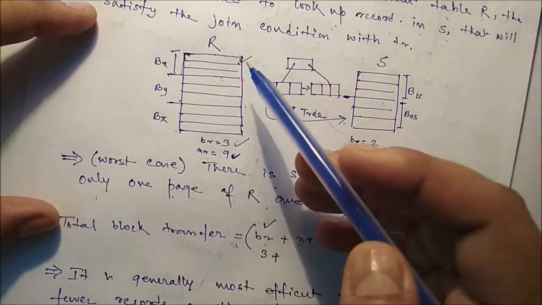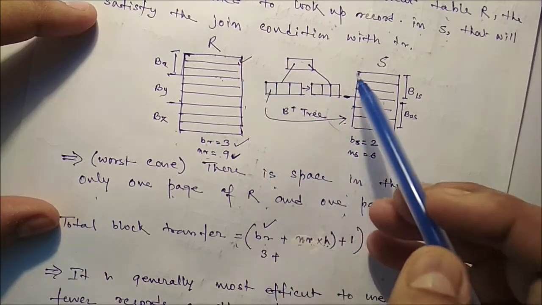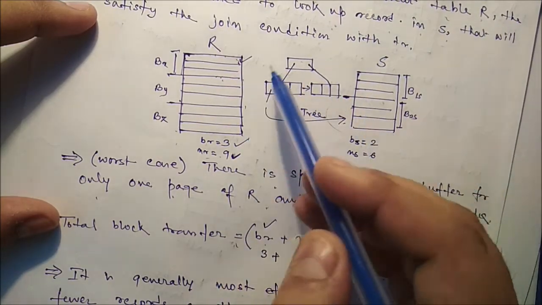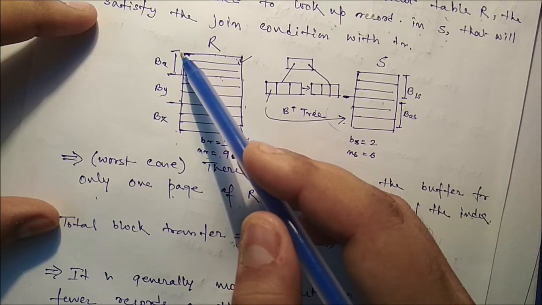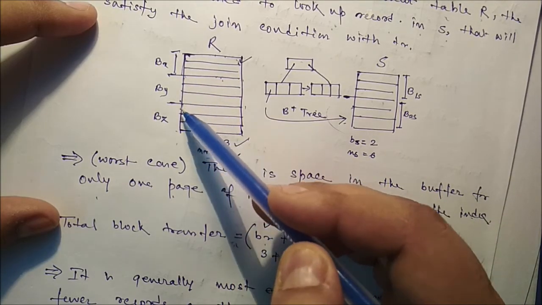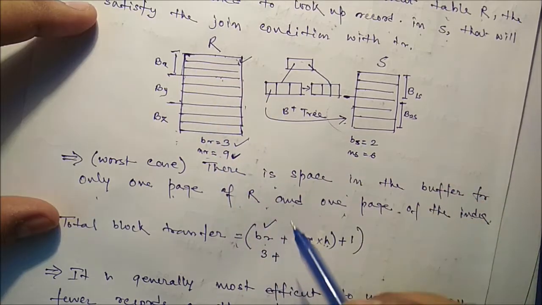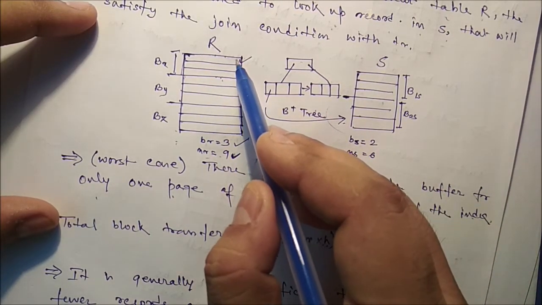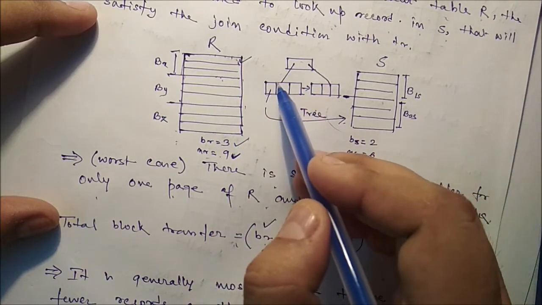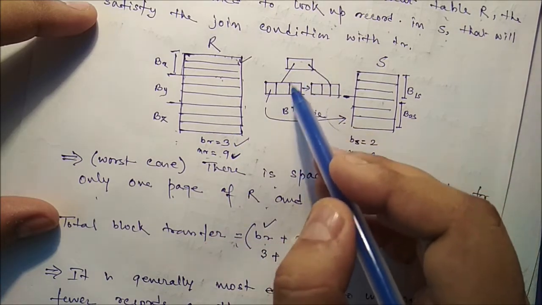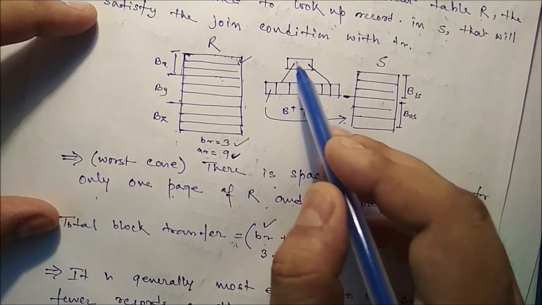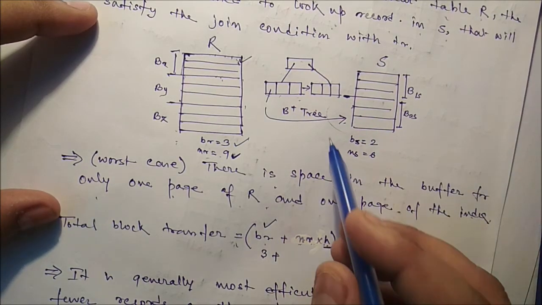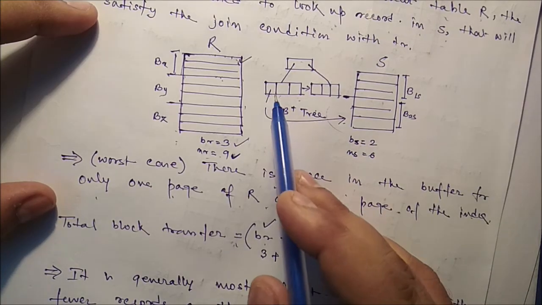So in total, BR, we have to merge this, we have to compare this record with this record, this record with this record. First of all we have to transfer this particular block and this particular block. Now we need BR number of block transfers, so 3. Now for this particular record, say it is roll number 1, first of all you have to identify where this roll number 1 is. So we have to access this particular block also. These are stored in blocks, blockwise. So what is the total number of blocks? It is H. We have to access H number of blocks to get the leaf node.